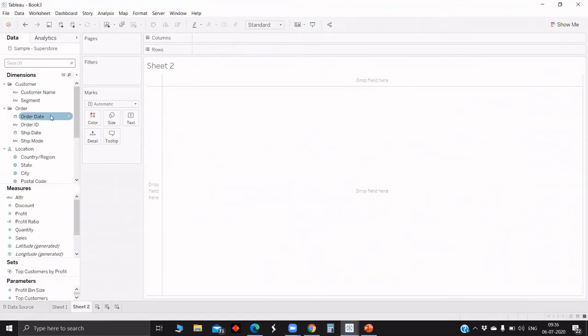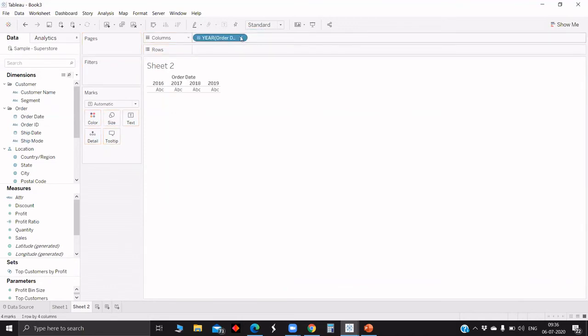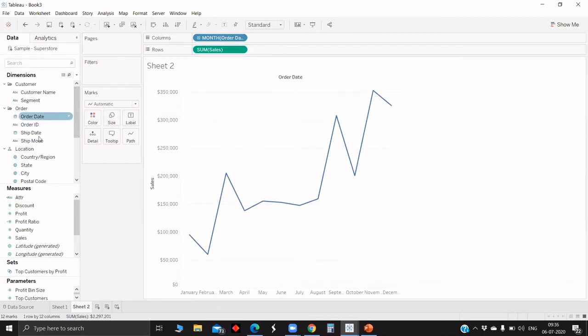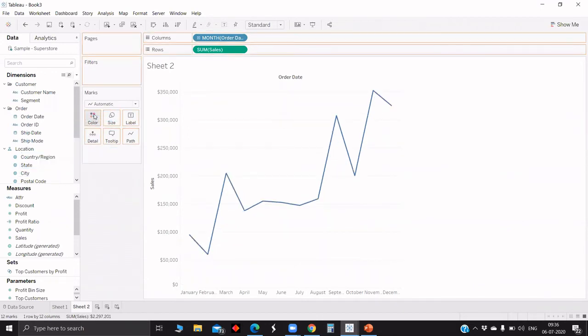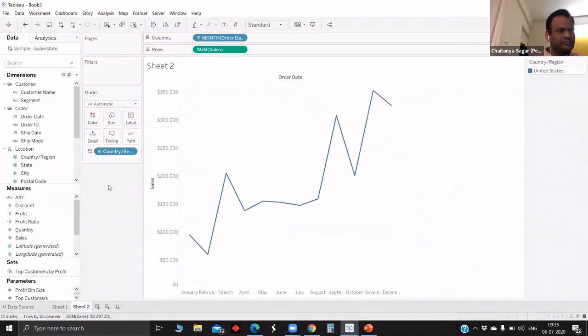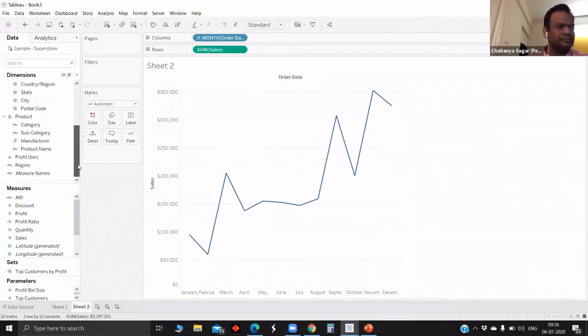Let's pull the order date, sales, and region by color. You can just put in category or something, should be okay.